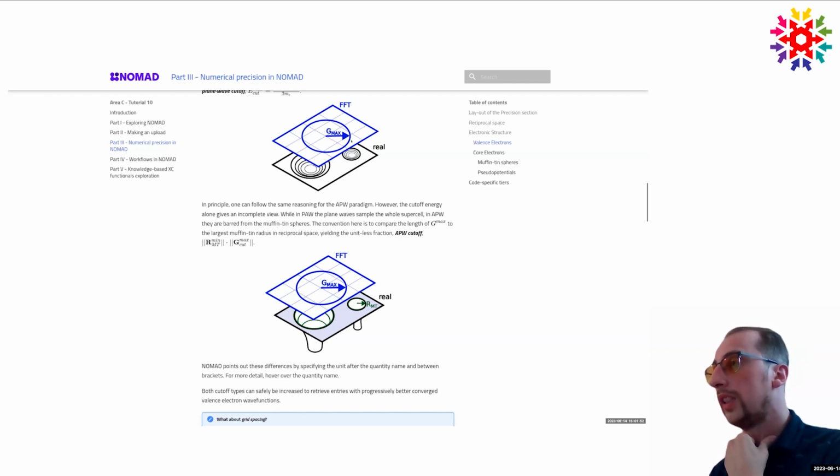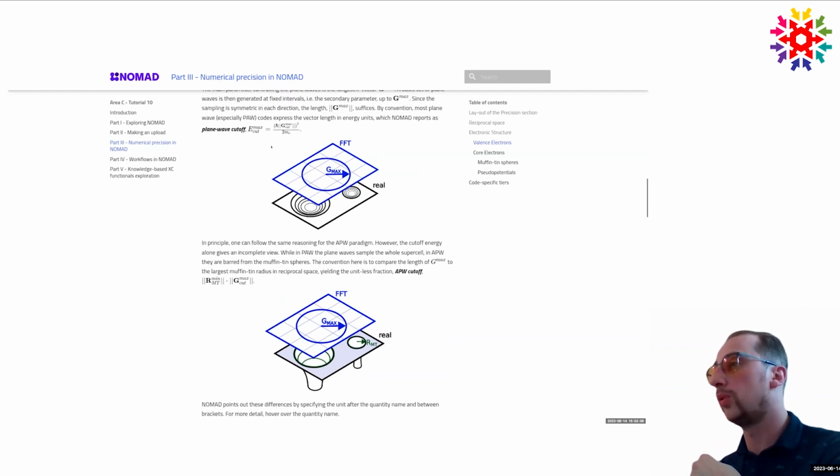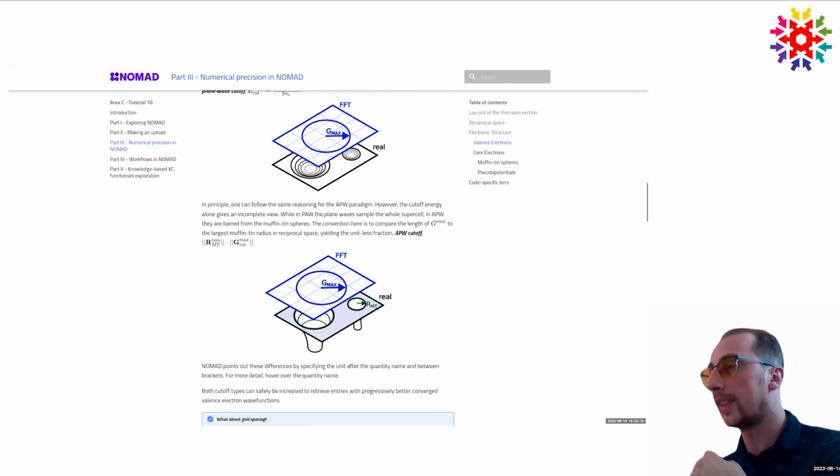So contrary to here, where the plane waves describe the entire space, here they are only describing this part shaded here in blue. But apart from that, they are described using exactly the same parameters. So one could, again, try and use this energy cutoff. It would technically make sense. But within the community,